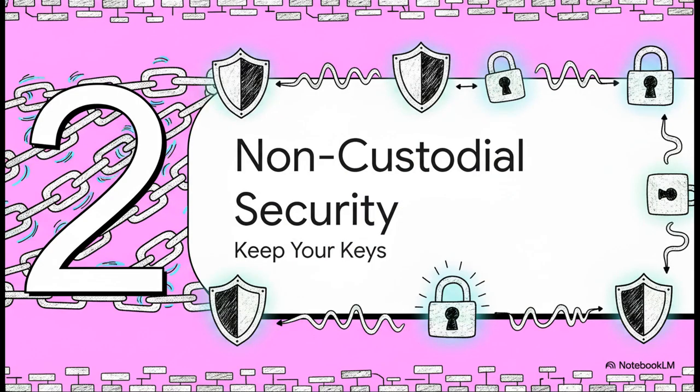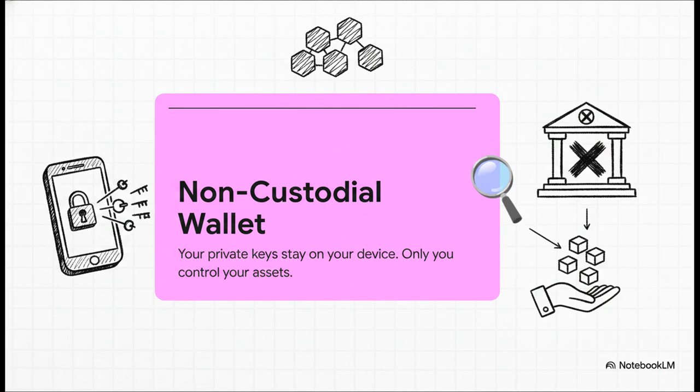Which naturally brings us to Part 2, Understanding Non-Custodial Security. Now, the absolute cornerstone of their pitch is this non-custodial architecture. We all know the drill, right? Custodial means you're basically asking a third party for permission to move your own funds. Botwallet totally flips the script. They act purely as the interface, while the actual cryptographic keys, they never leave your physical smartphone. It's guaranteeing that you remain the absolute sole authority over your digital wealth.